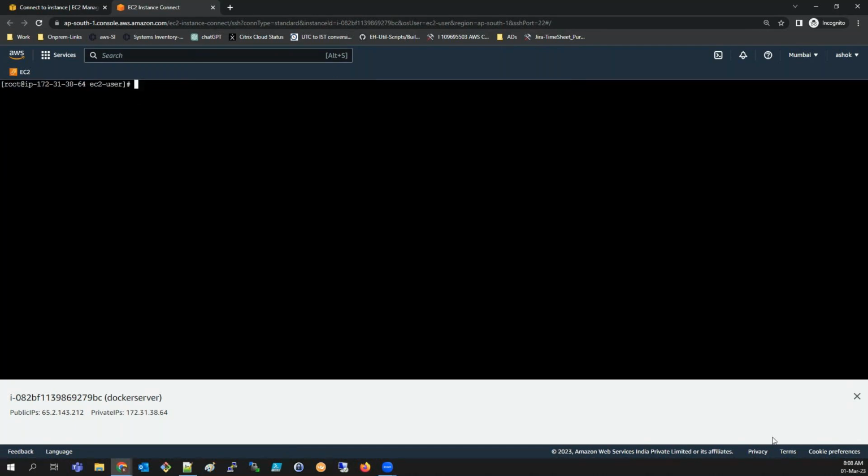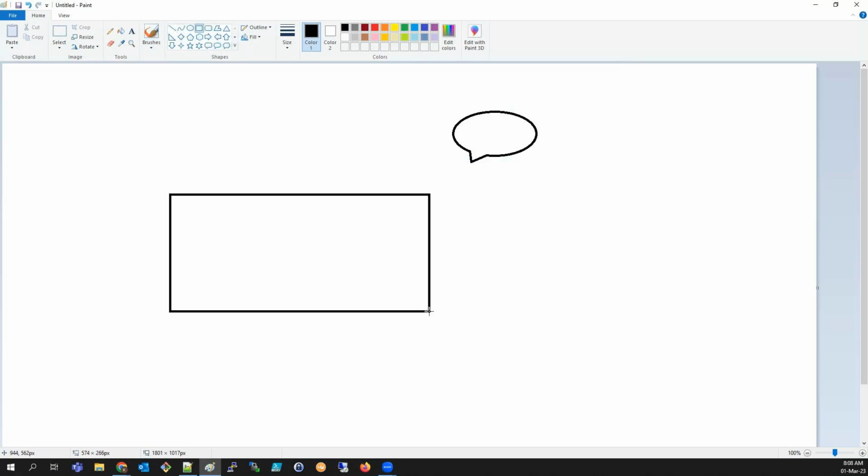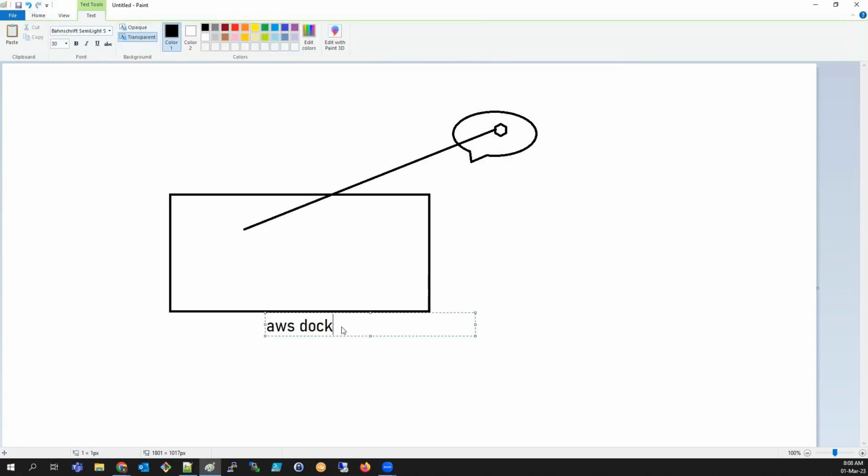So what we discussed yesterday: Docker is a containerization tool, how to install it, and how we take the image from the Docker hub and use it. Consider this is the Docker hub, and this is your server. You are downloading the image from the Docker hub to your AWS Docker server. You installed it yesterday using install